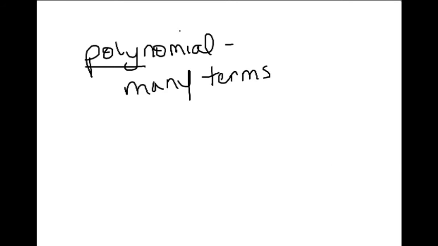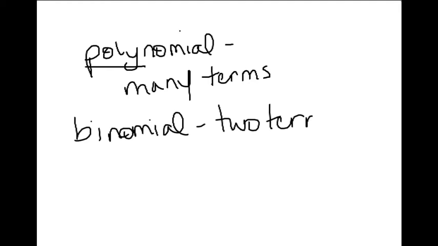So a polynomial has many terms, multiple terms, and we have some special ones. We have a binomial, which has two terms. So for example, 6 plus 4y. There are two terms, I cannot combine them, I can't simplify it. Two terms, binomial. We also have a trinomial,